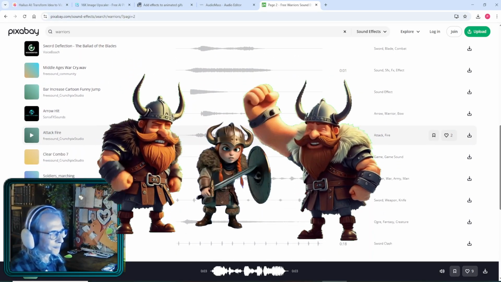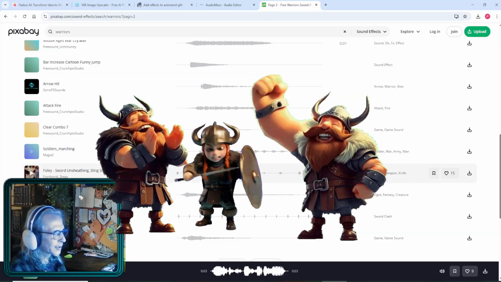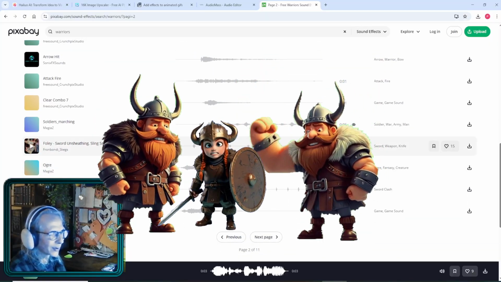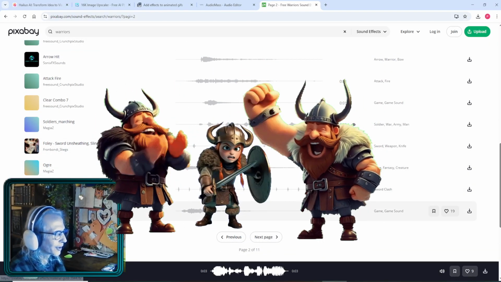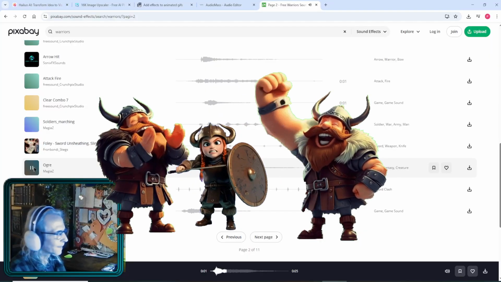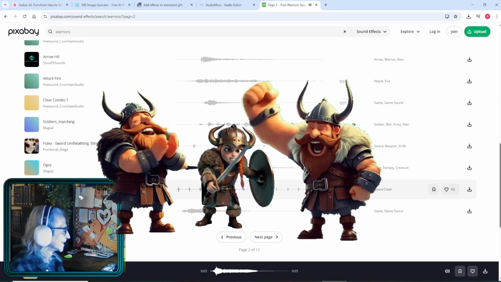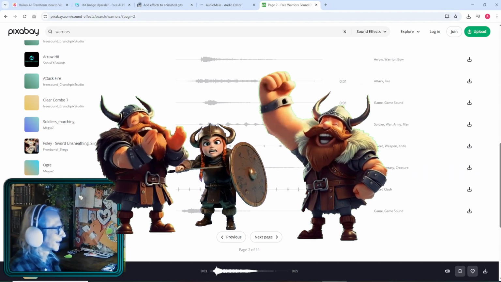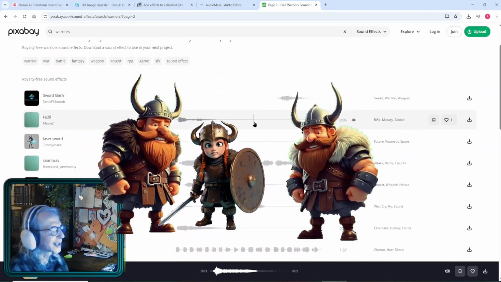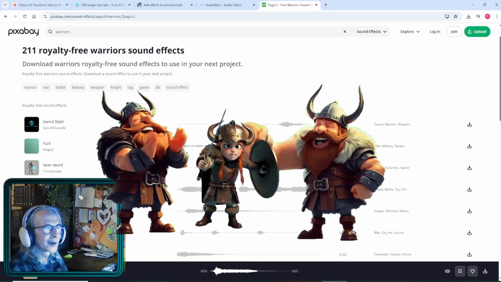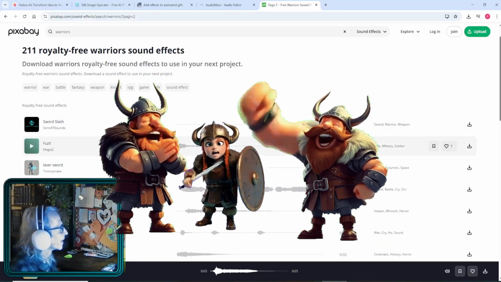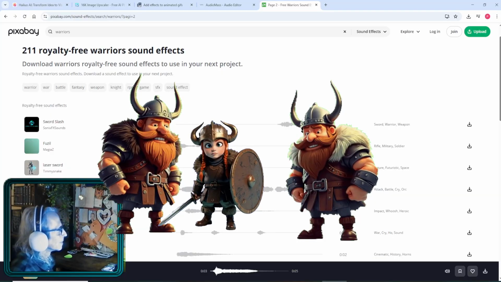Unleashing, sling sound effect, ogre. Yeah, sometimes it takes a while to find a proper sound effect, but, well,